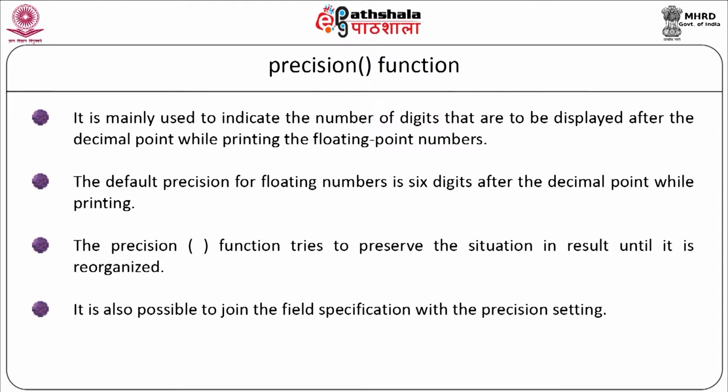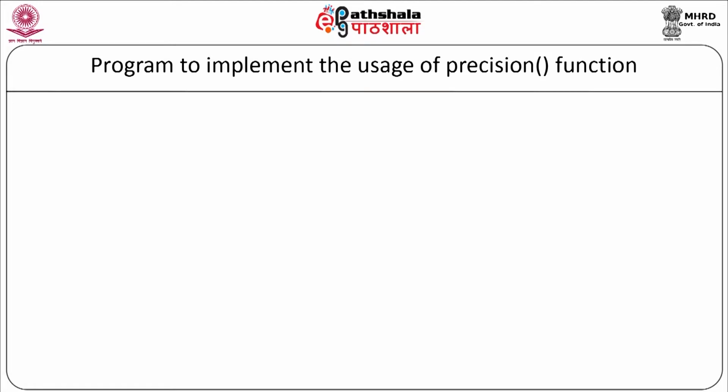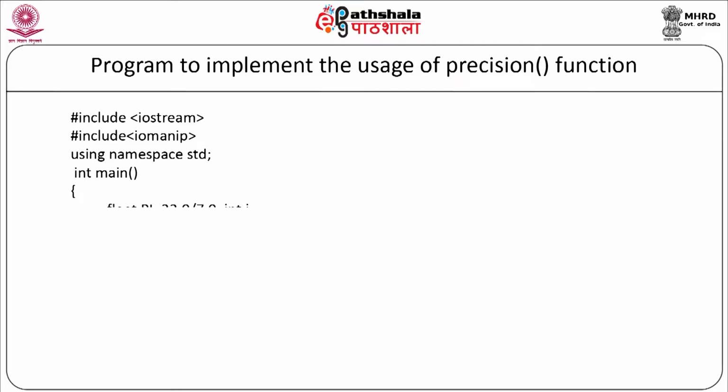It is also possible to combine the field width specification with the precision setting. The syntax is cout.precision(d); where d is the number of digits to the right of the decimal point. Now let us see a program to implement the usage of the precision function. We will start with the program #include <iostream>, #include <iomanip>, using namespace std. Now we will start with our main function as int main, float pi is equal to 22.0 divided by 7.0,